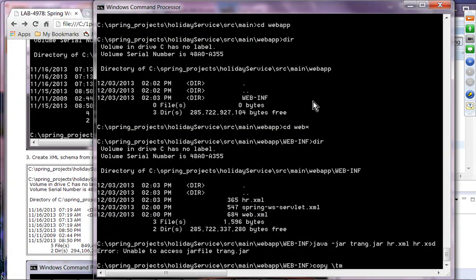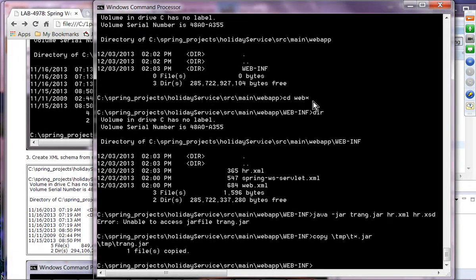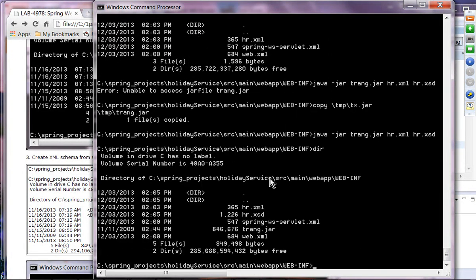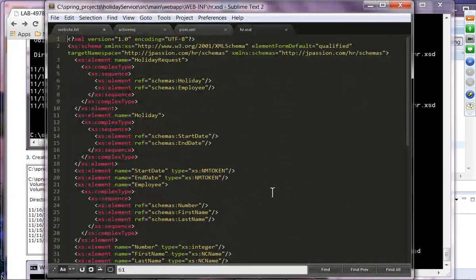So I have to copy the jar from temp. Okay, so that is copied. I'm going to run this command. Now you can see we have generated the XML schema file, this hr.xsd file. If I take a look at this file, hr.xsd,